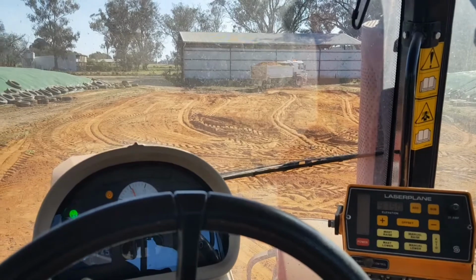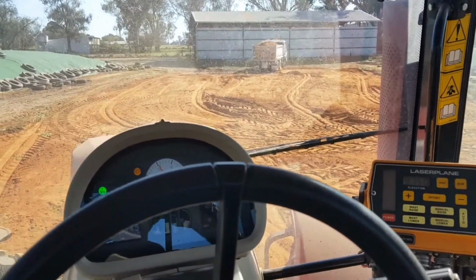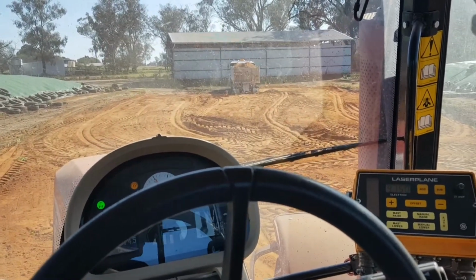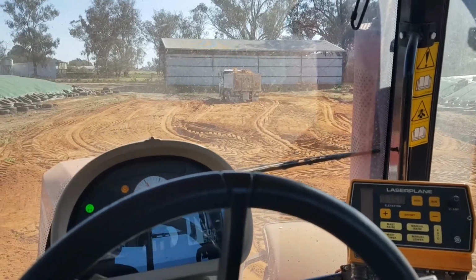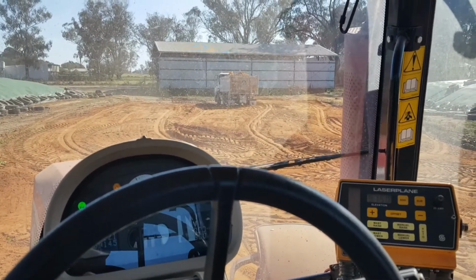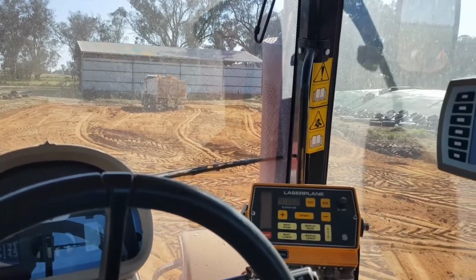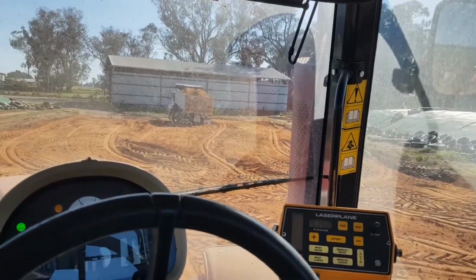For as long as I can remember, in the 70s and 80s, through all those wet years, this used to regularly be under foot to 18 inches of water. It was just, couldn't do anything with it. Not that we did silage back then, so we didn't need the space to be trying to put silage stacks. But